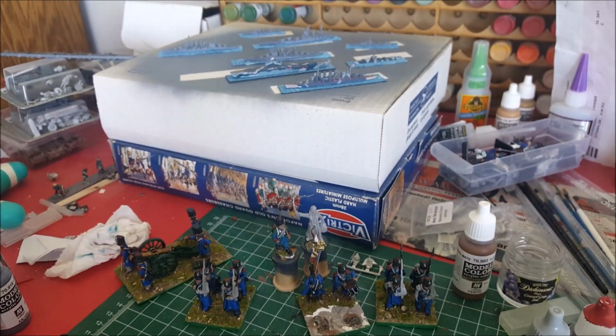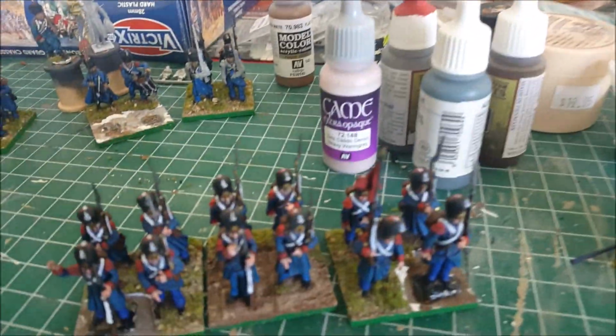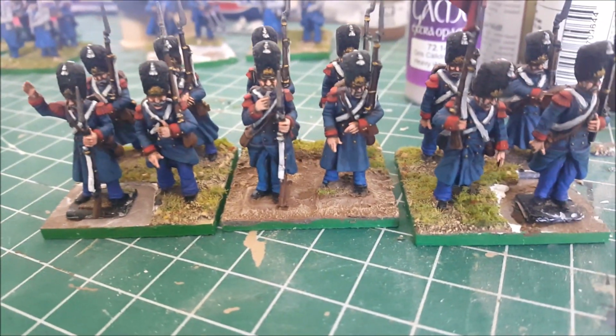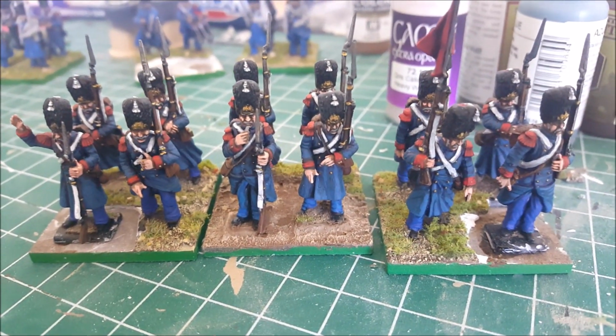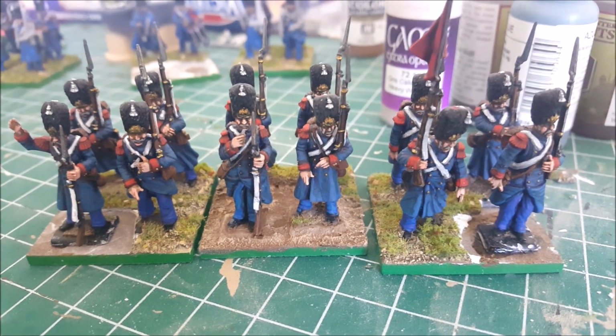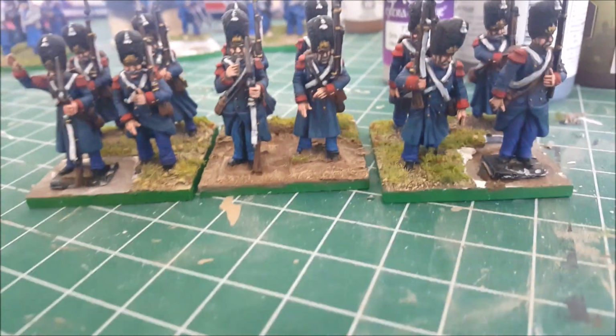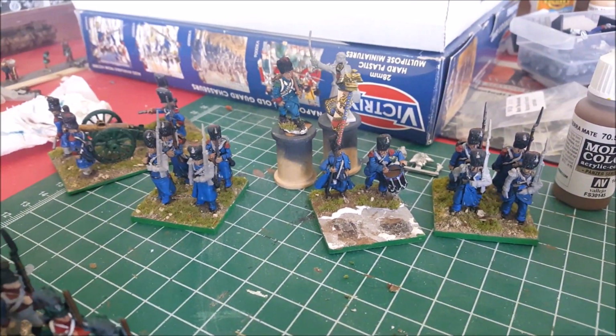Here's a look at my god-awful painting station. It's kind of a mess. I'm showcasing here half of a battalion of French 28 millimeter French Old Guard chasseurs. They are Victrix plastics, and they are being refurbished because, if you look at these old ones here,